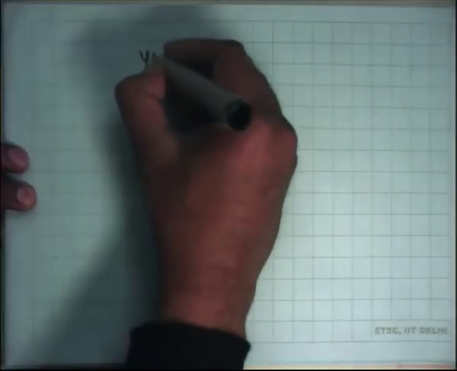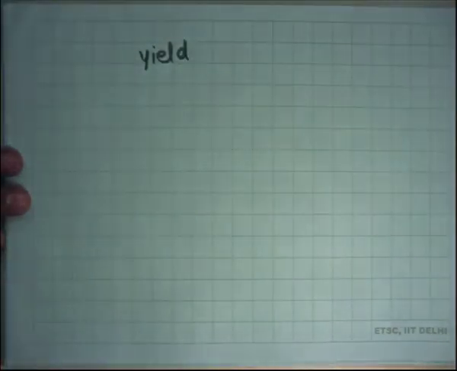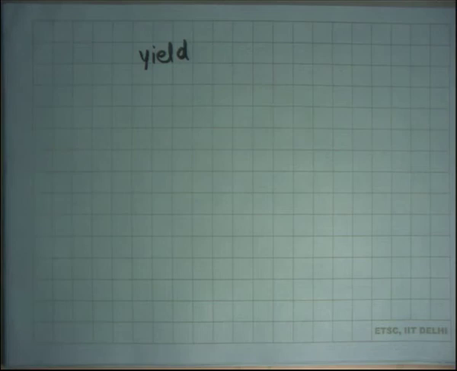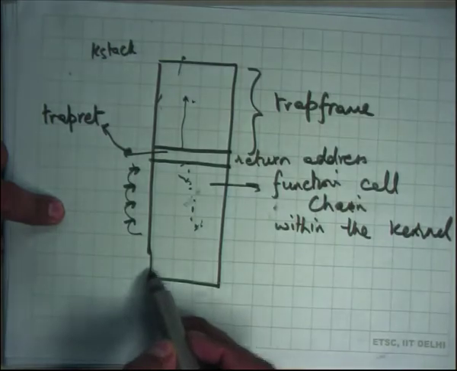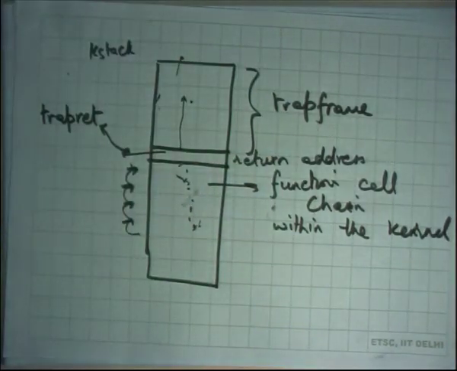So let's say a function wanted to call the yield system call, right. So so far we have seen a system call that winds the kstack and then unwinds the kstack and then returns to the user mode. But yield system call is a call which requires you to switch the process, right. It's basically saying, I don't want to run anymore, let somebody else run, right. So yield is an example of a system call which will enter the kernel on P1's kstack but exit the kernel on P2's kstack, right.